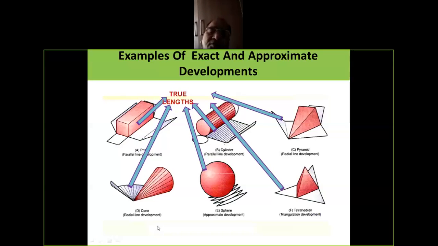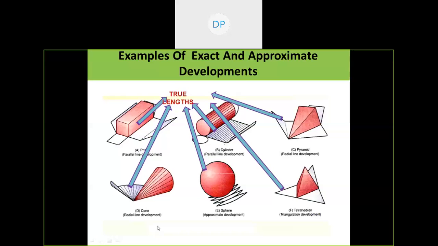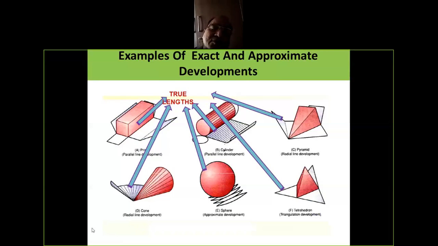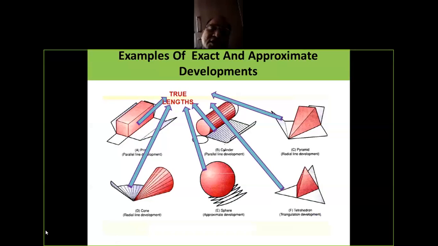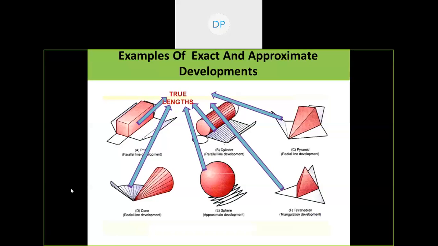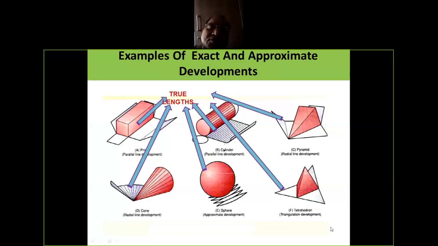Now we have developed the surface side by side also, and lateral surface is equal to the perimeter of the total. This may vary according to the solid, that may be rectangle perimeter, that is length plus breadth plus length plus breadth. In case of a circular section, perimeter is 2 pi r. This way we can develop the object. Next slide, sir.